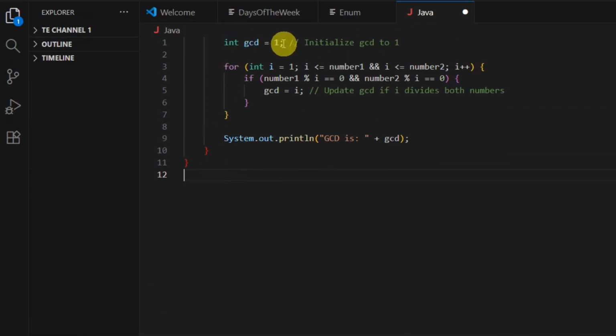int gcd = 1; // initialize gcd to 1. for (int i = 1; i <= number1 && i <= number2; i++) { if (number1 % i == 0 && number2 % i == 0) { gcd = i; // update gcd if i divides both numbers } } System.out.println("GCD is " + gcd);